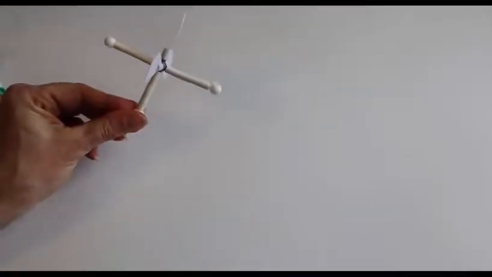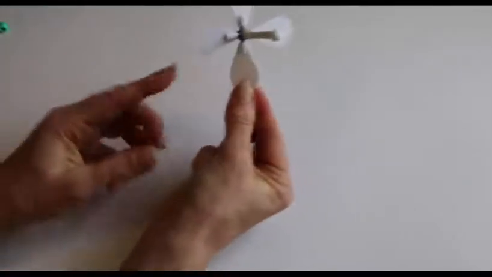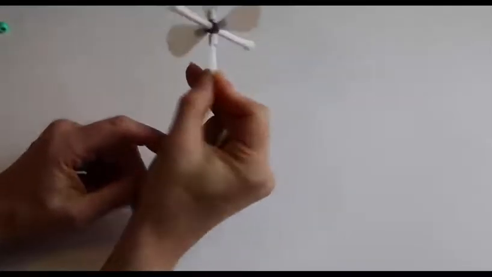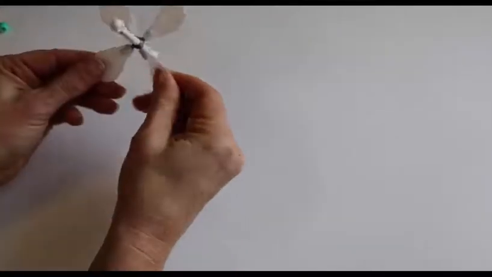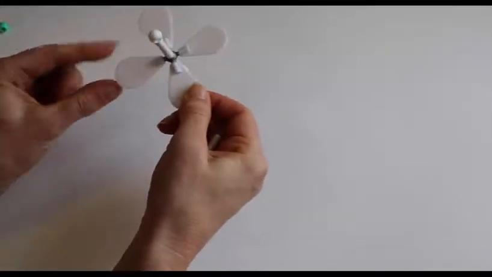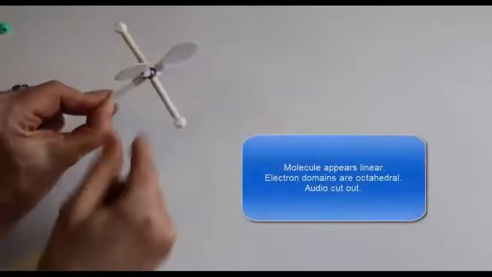And then if we take the final bond off, replace it with a lone pair of electrons, then we have a linear molecule. The electron geometry is still octahedral. You see, we still have electrons in the octahedral positions, but the molecule appears to just